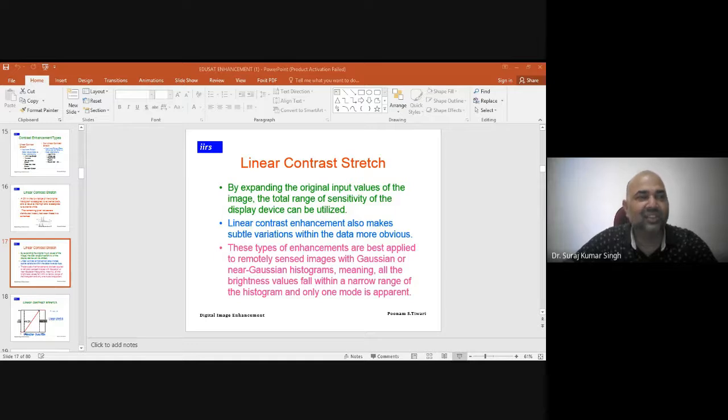So this kind of linear contrast stretching is more popular and gives better results for data which has a Gaussian appearance. Getting it? Now what does this linear contrast do? It has the minimum value and the maximum value, and it will change the values from 0 to 255. The formula you apply is y = ax + b. So how are the a and b values generated?